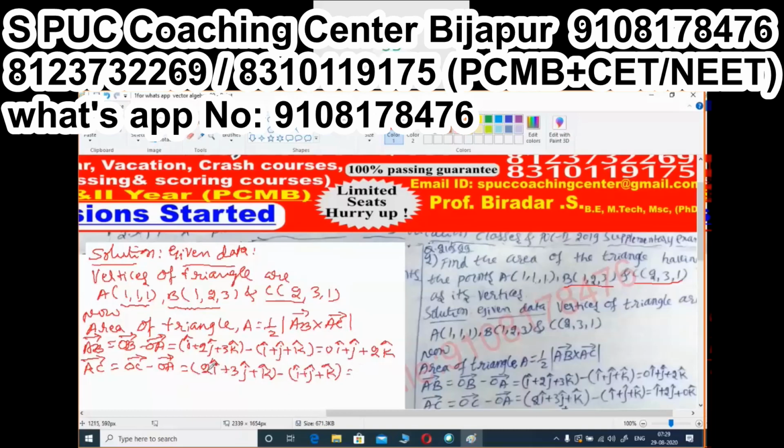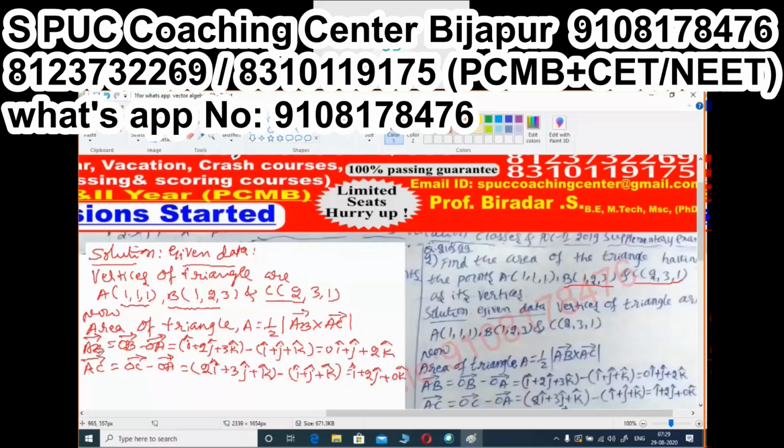I cap minus I cap, that is just remaining is I cap. Plus J cap 2 J cap minus J cap, 2 plus J 2 cap, J cap is going to remain. Okay, next K cap minus K cap, that is 0, going to come out as 0 K cap. Okay, fine. So once you got vector AB, vector AC, you have to calculate now the AB